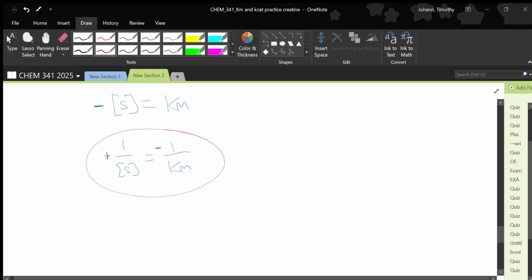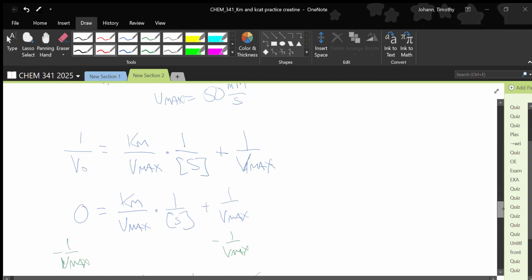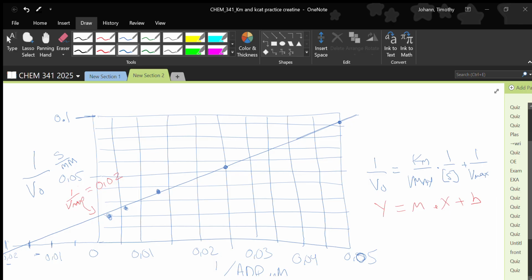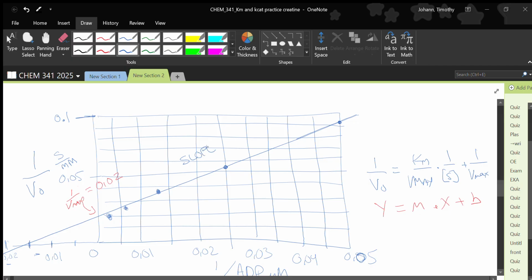You guys got that from the algebra? So what this is, if I wanted to solve Km from the slope, right, that's equal to